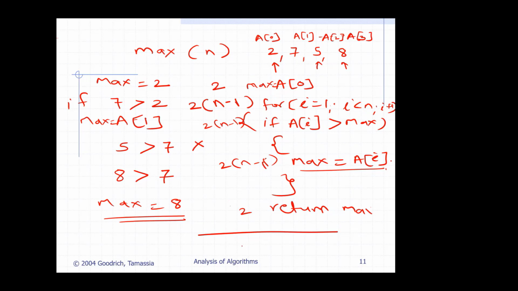If we add all the numbers, I will get something like 6n minus 4, something in terms of n. So we will come back to this in the next class, and